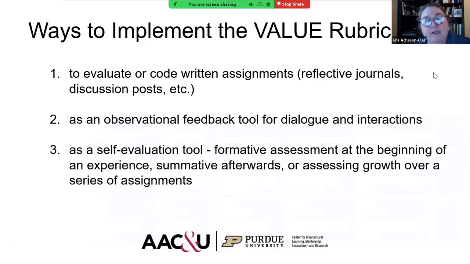But there are two other ways that I've seen the rubrics used and used myself, and I just want to mention them as options for you. This is a lot less common, but I think it can be a useful tool for observational feedback. So you could have a dialogue. You could use Five Nosy Questions. You could use any of these other dialogue-type tools that we introduced today, and then use the rubric to